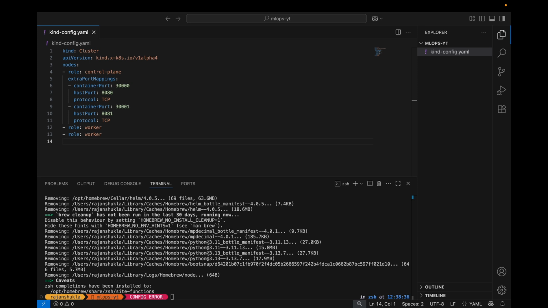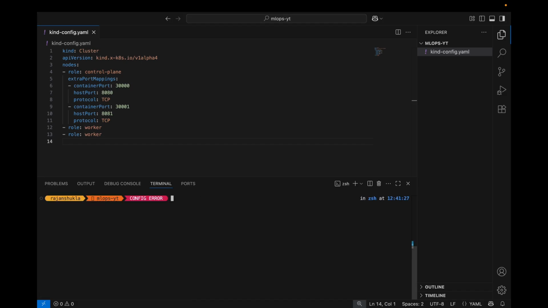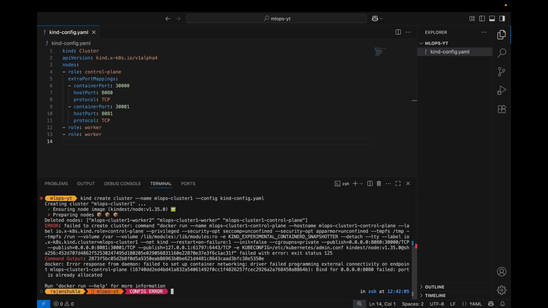Let's create our first kind cluster. So let's type the command kind create cluster --name, and we can name it mlops-cluster-1, and we can pretty much create any name here. Then you need to provide the configuration path, the file that we had just created. We can provide that, and now it's going to do, oh,